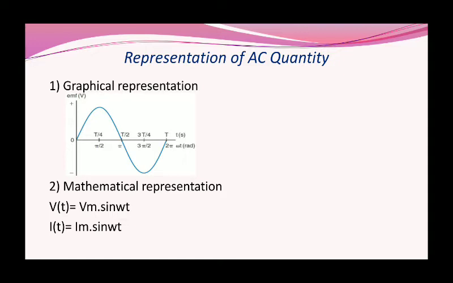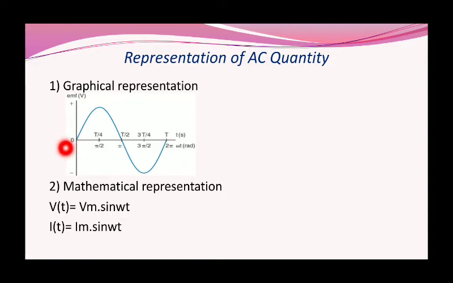How can we say that it is a mathematical representation? As you can see, this AC quantity is a sinusoidal quantity. We call this a sinusoidal quantity. That's why we have written here Vm into sine omega t. From this waveform we can see or write this equation. For example, this is v of t. What is v of t? This is the voltage at any instant. Means, for example, I can calculate the voltage at the 0 instant. So I can calculate v of 0.